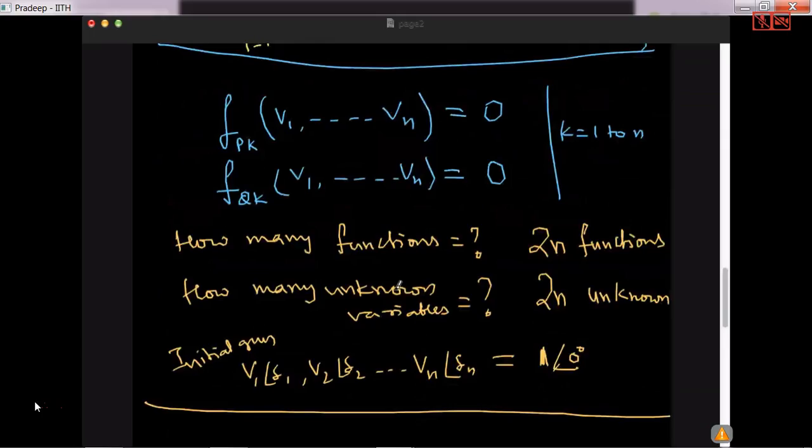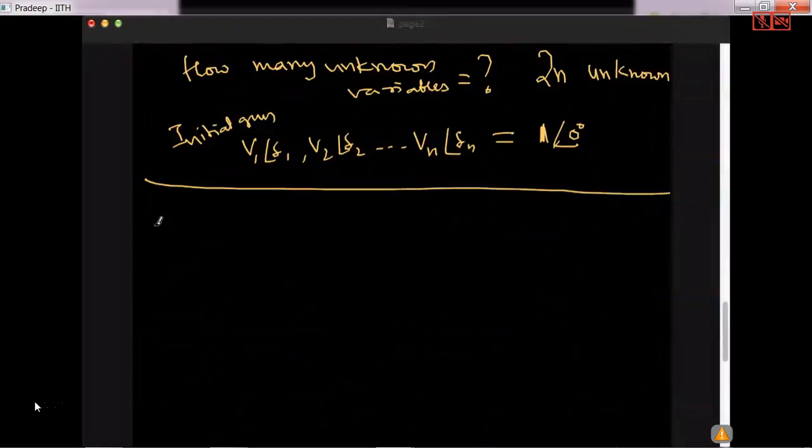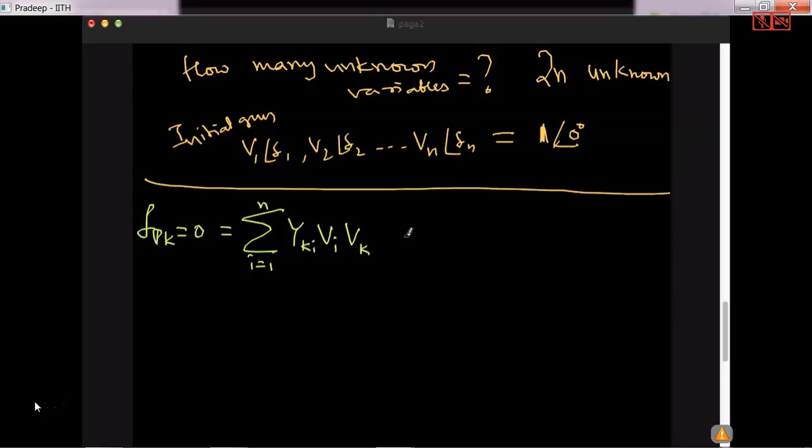So let me repeat it once again here. What is the first function? The first function is f_Pk equal to 0, which is equal to the sum from i equal to 1 to n of yki vi vk cos of (theta ik plus delta i minus delta k) minus Pk equal to 0. Now,